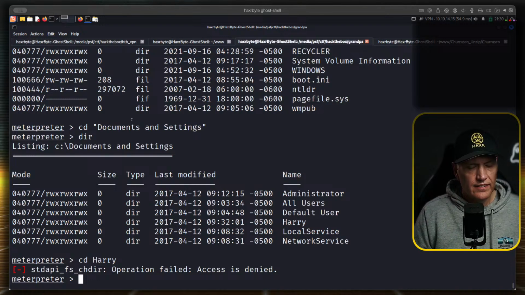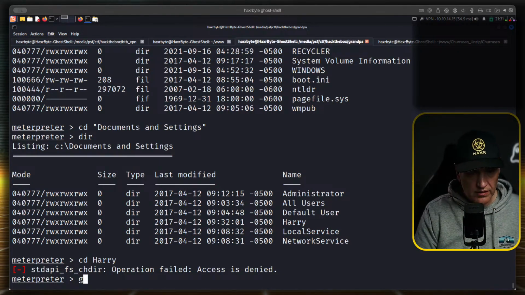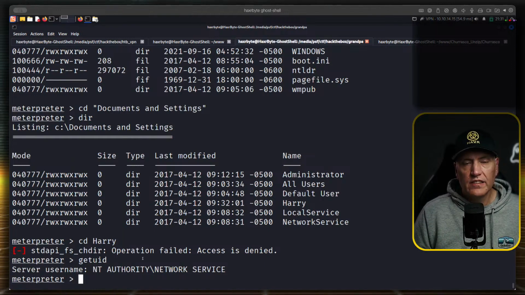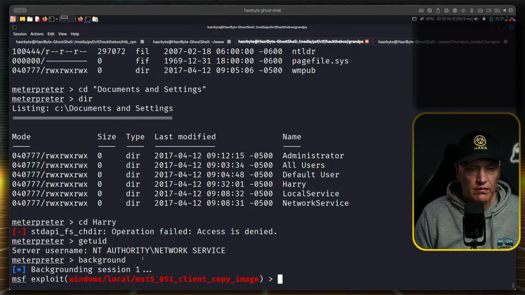Okay. This is actually a freaking cool attack. So now we're in a process with more access. We migrated to a process as network service. So now we background this. Okay.